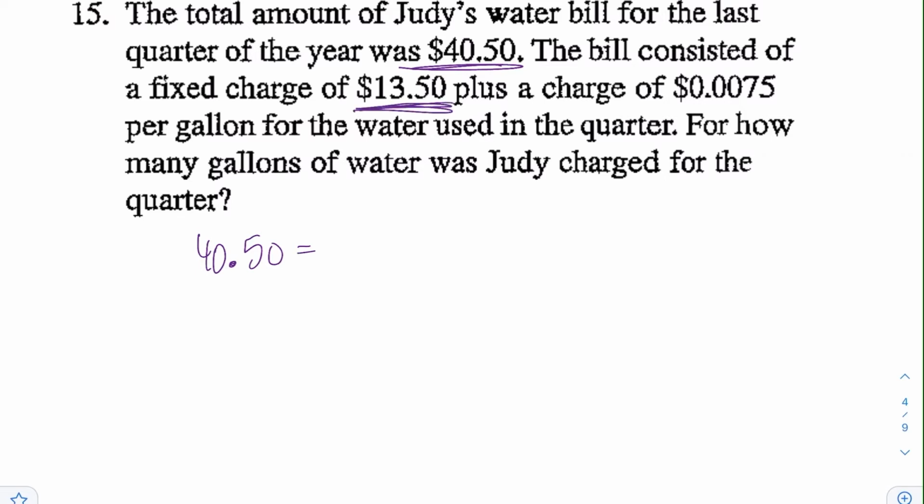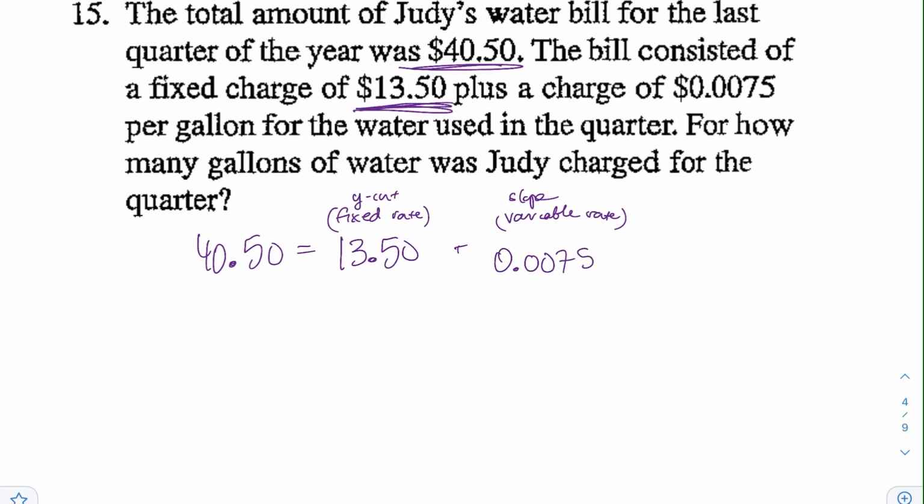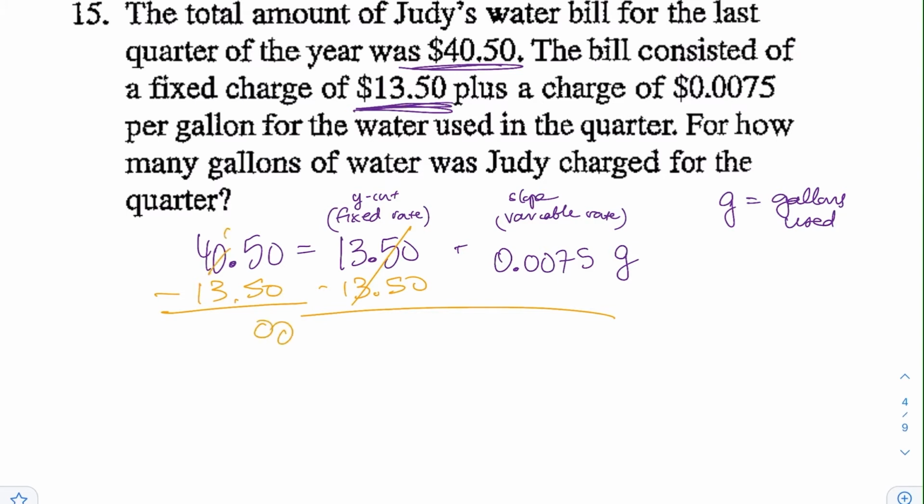This is equal to the fixed charge. This is the y-intercept, rather. And you want to add the variable rate, and this is the slope. This is 0.0075 times G, where G equals the gallons used. So to solve this equation, you would just have to work backwards, subtract 13.50 from both sides. That would be $27 is equal to